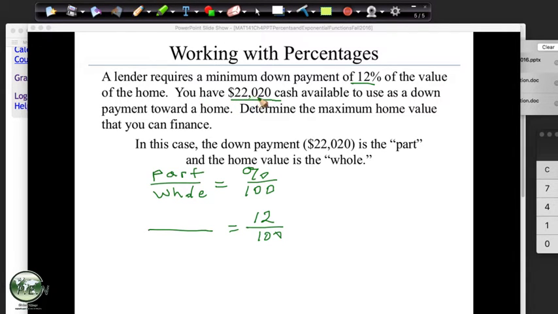Well, $22,000 available as a down payment. A down payment is what in relationship to the price of a home? Is it all the price of the home? No, that means you're paying cash. It's part of the price of the home, and then you're going to borrow the rest, right? So does it make sense that the $22,020 is a part? And what we're looking for is how much house we can buy if that's what we have for our down payment. Okay. And if we do it this way, then what's the math?